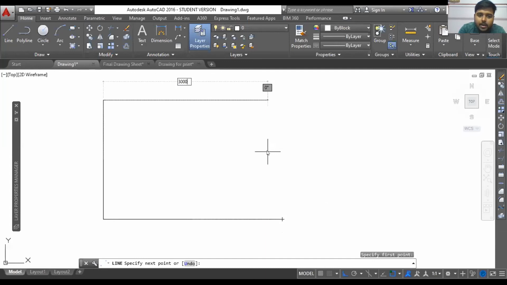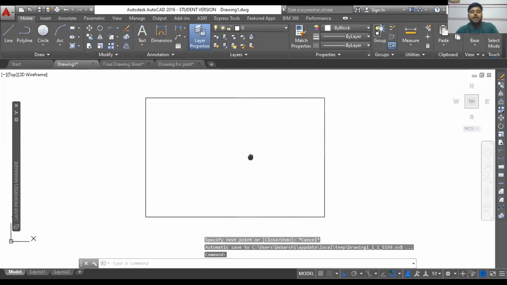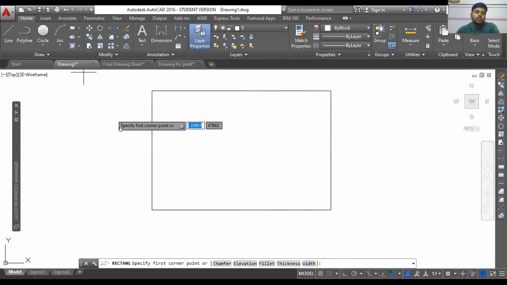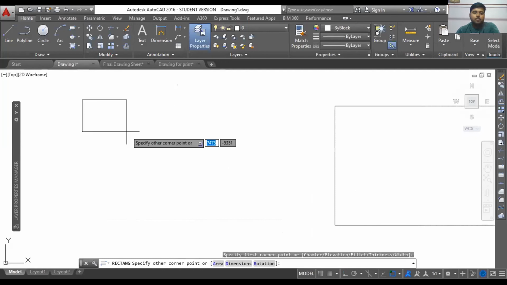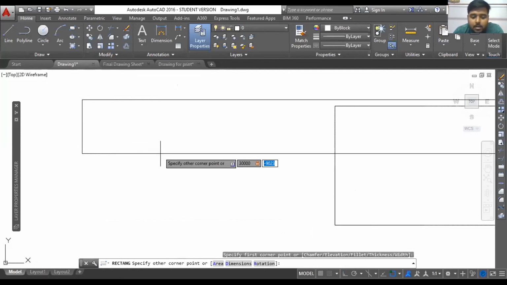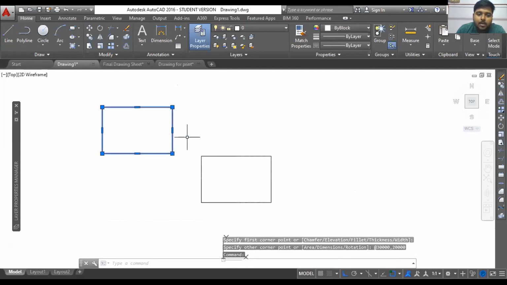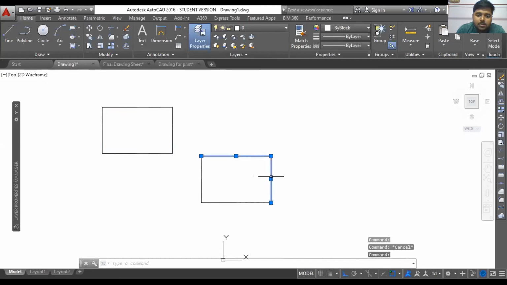Or you can manually enter as well. And if your area is completely a rectangle, you can do this using the rectangle tool as well. So for example, I'm starting here and I want to specify the length as 30 meter, comma, then the width as 20 meter. So you can see the same thing. But as I have created this with the rectangle tool, it will show as a whole entity. And as I did this using separate single lines, it is showing like this.